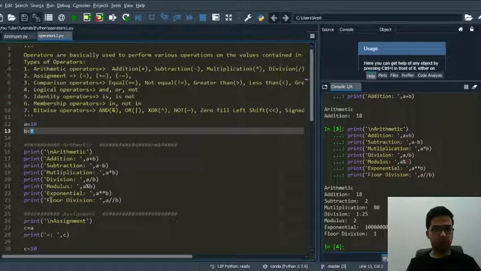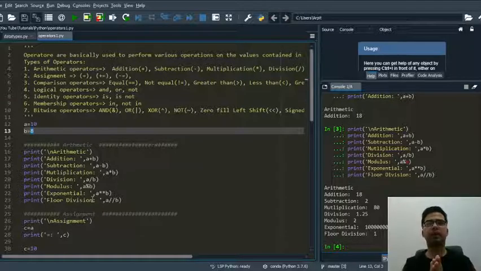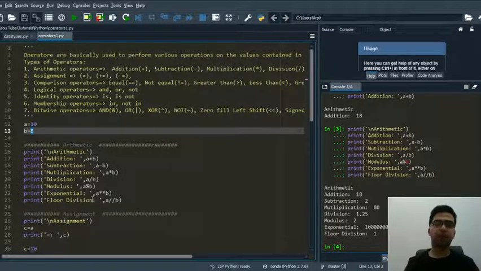The next operator in arithmetic operators is floor division. Floor you can assume as taking something to the ground level. If we have 1.25, what can be the ground level of that? You can assume it as 1, because if you take it as 2, then you are taking the upper range.